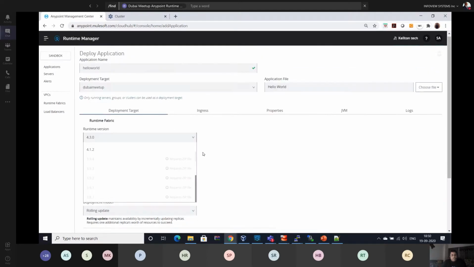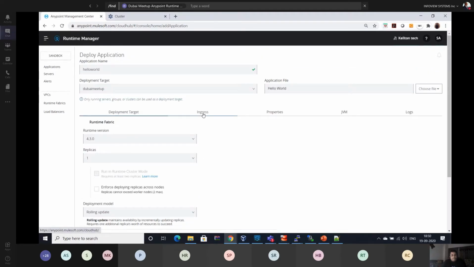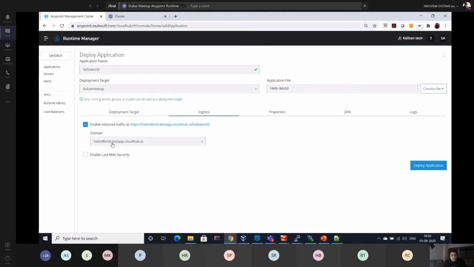Apart from that, you can see the ingress, where the URL or the policies are configured. You can see the last mile security. I'm not enabling it right now because I do not have the secret manager to demonstrate this.